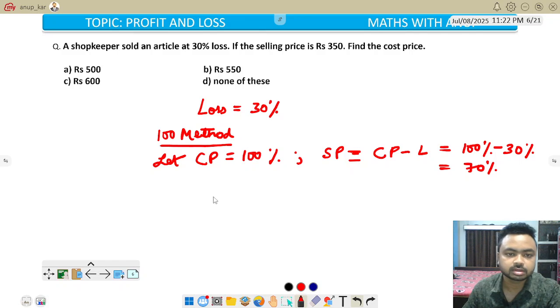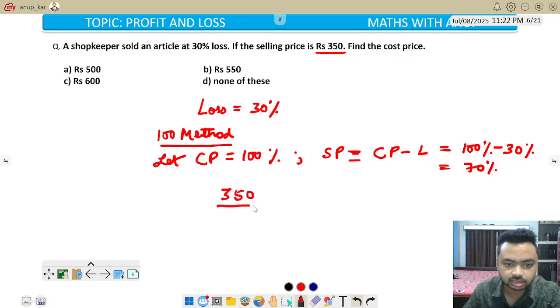Okay, now we have to find out what is being given and what is being asked. तो हम लोगों को दिया क्या गया है और पूछा क्या गया है. Okay, so we have been given that the selling price is 350. So that 350 is nothing but equivalent to 70%. What we have been asked to find out? We have been asked to find out the cost price. So we will multiply it by 100%. Okay, so this is my cost price